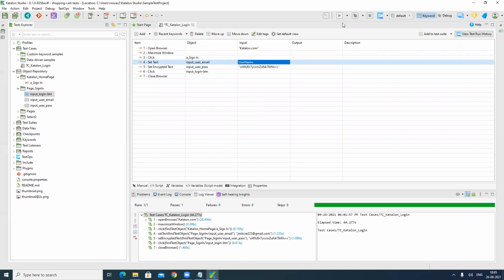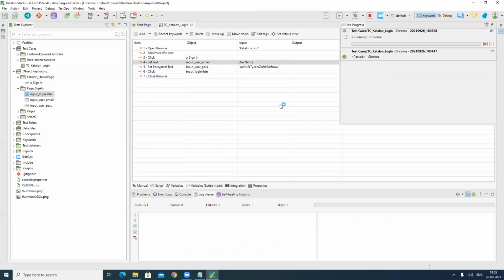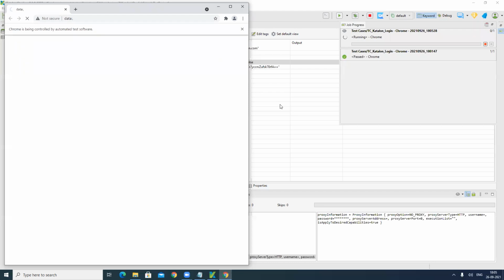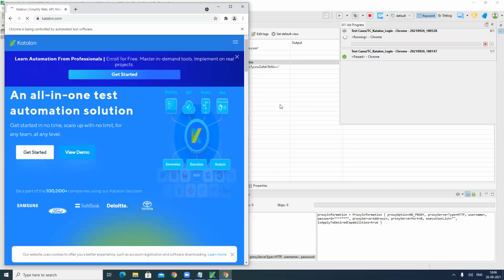So let's try to execute it. It is opening the website katalon.com and it will maximize the browser window.